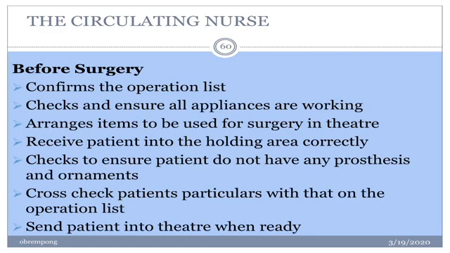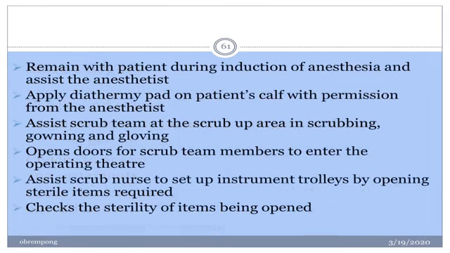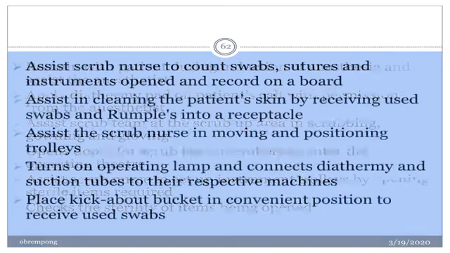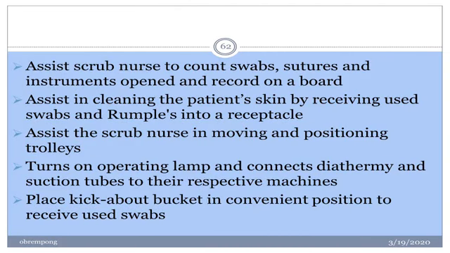Cross-check patient particulars with that on the operation list. Is this the appropriate patient, the appropriate surgery that we are supposed to do, the appropriate instruments, and everything that is supposed to go on so far as the surgery is concerned, is also handled by the circulating nurse. And also send the patient into the theater when the patient is ready. Assist the scrub nurse. So they also assist the scrub nurse